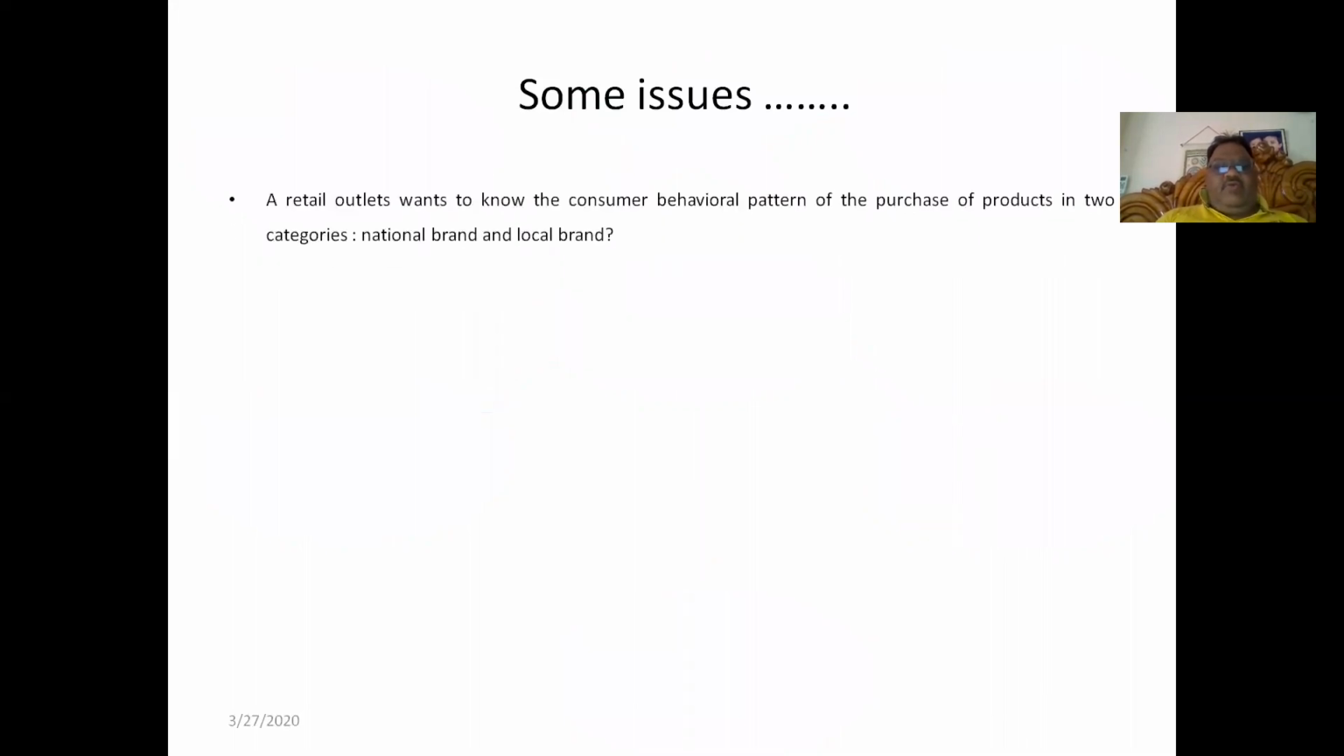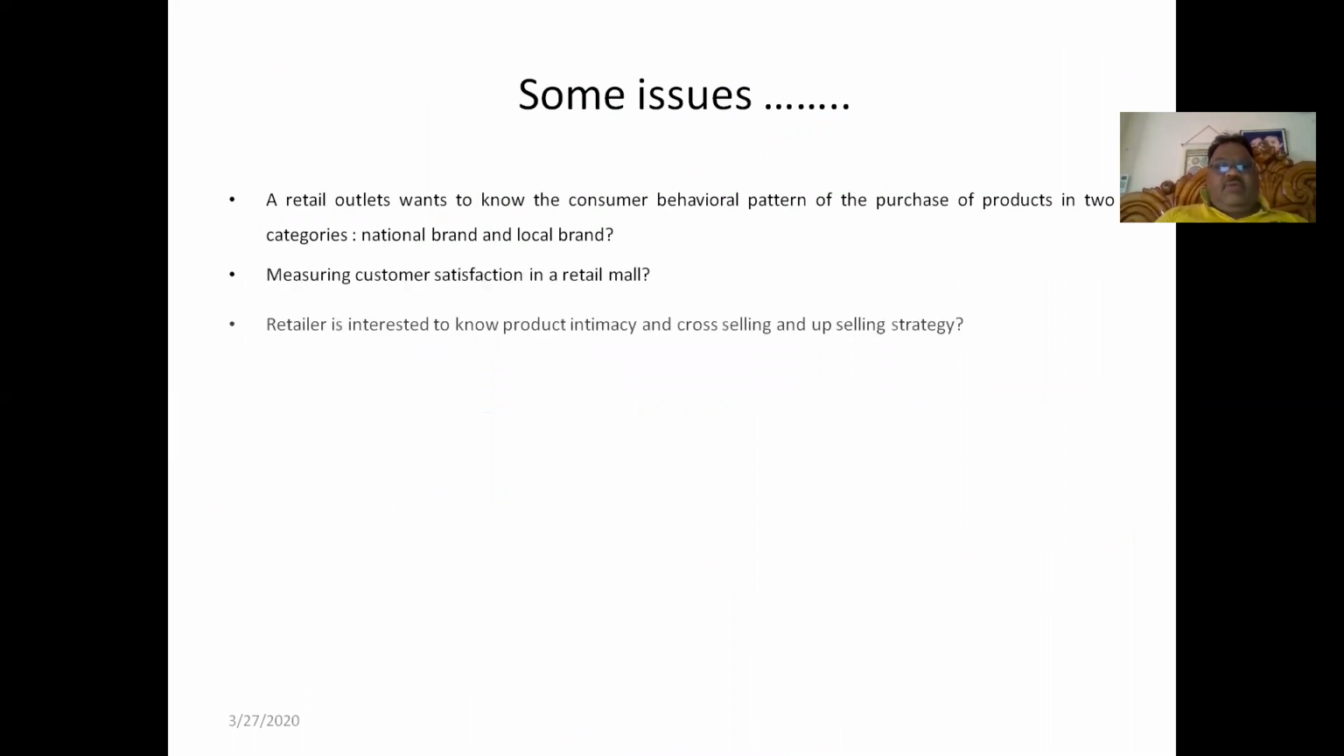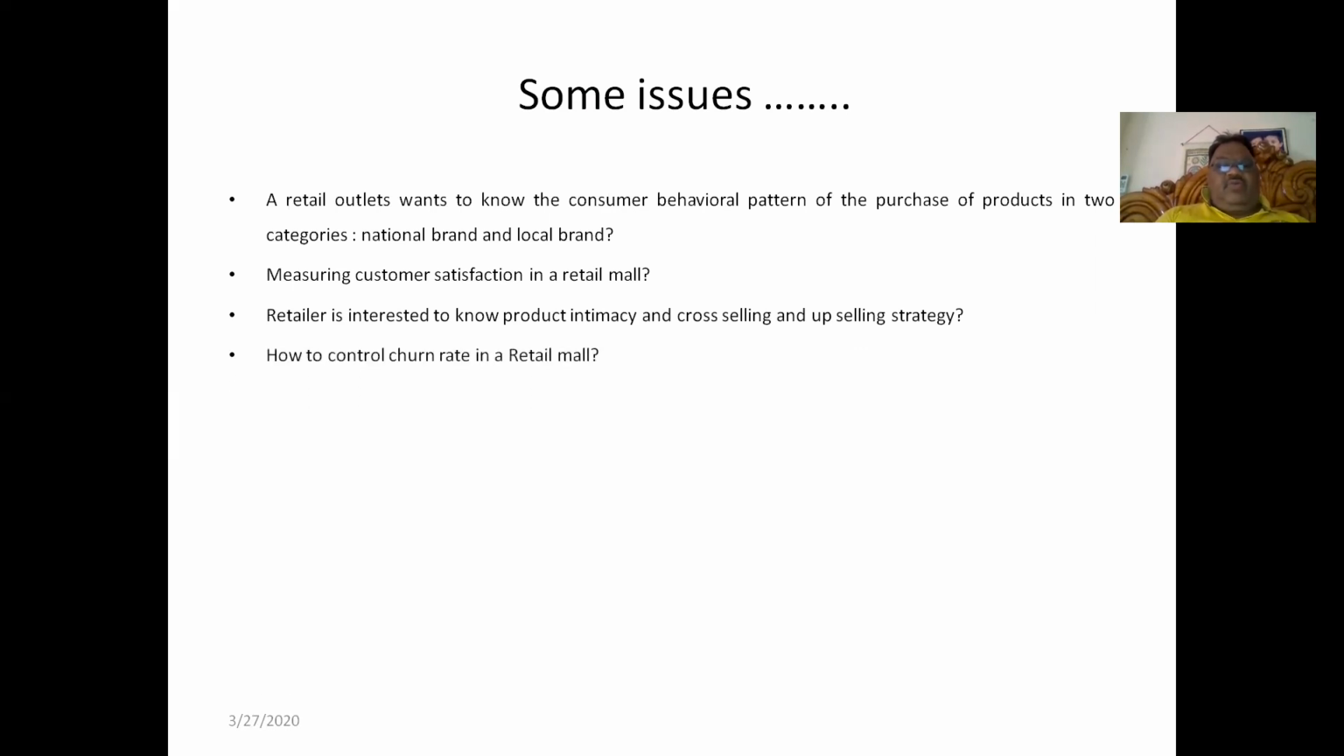Suppose a retailer wants to know the consumer behavior pattern of purchase of a product in two categories, national brand or local brand. It means the retailer wants to know the behavioral pattern of the consumer, whether he will purchase the national brand or the regional or local brand. Suppose I want to find out what factors influence customer satisfaction in a mall. Also, we want to know product affinity and cross-selling and upselling strategy, how to control the churn rate in a retail mall, how to increase customer lifetime value,